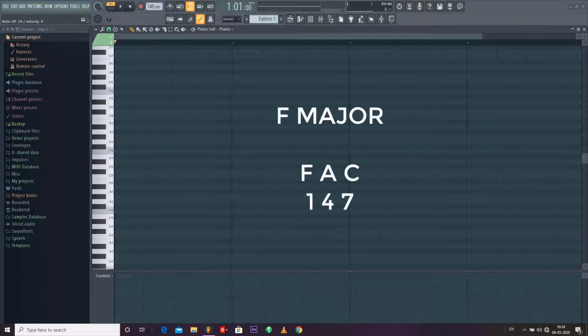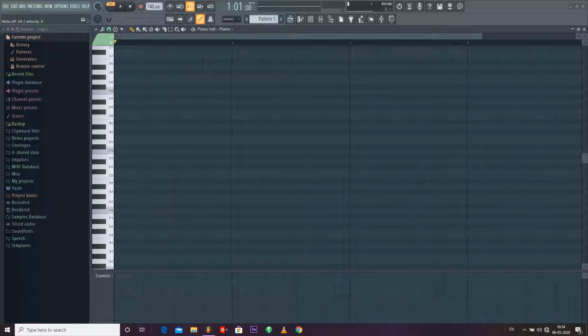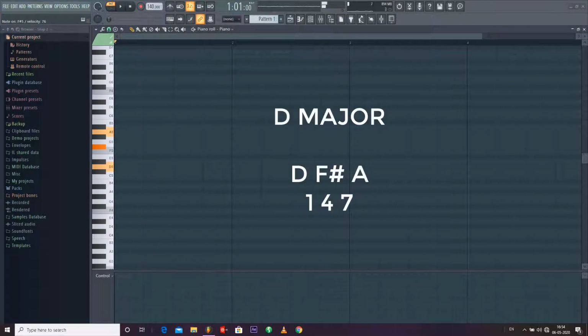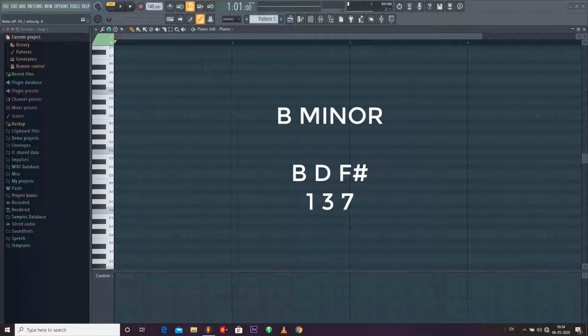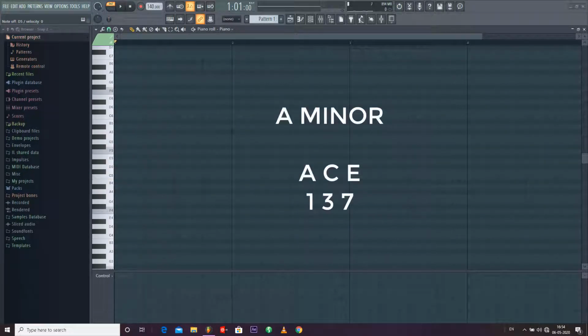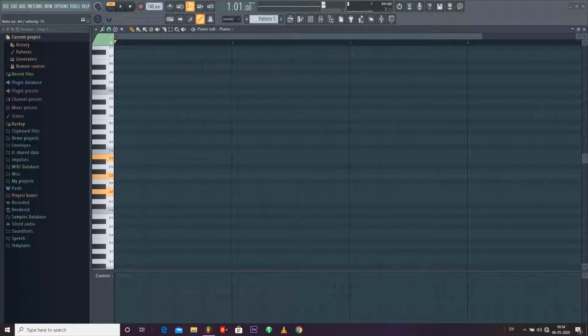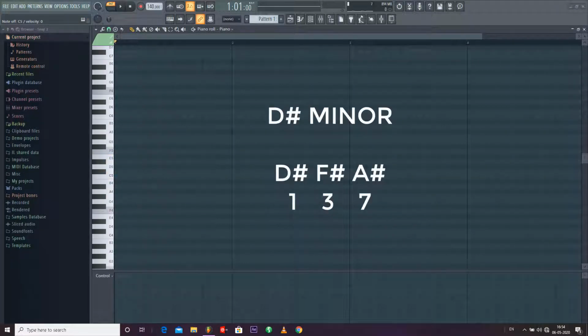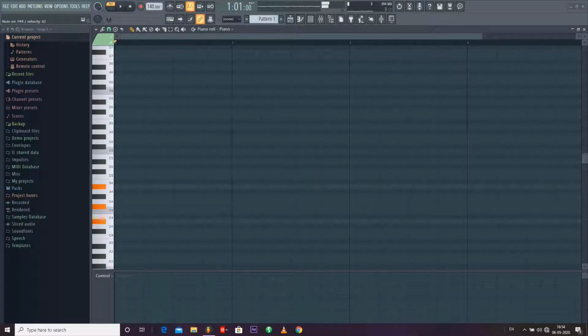Say for F major, G major, D major, say B minor, A minor, or even D sharp minor. The interval remains the same. There are many other chord shapes, probably thousands other than these, and FL Studio gives you